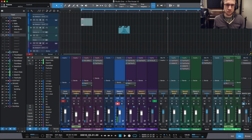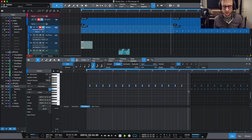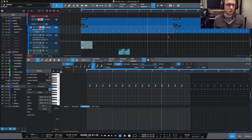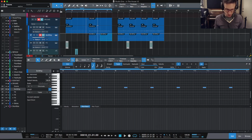What about if I drop the snare at that moment? Might ruin everything, but let's see. It's cool. And then we can bring in our snare whips actually as well here. We also need a